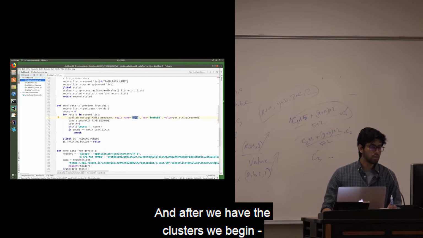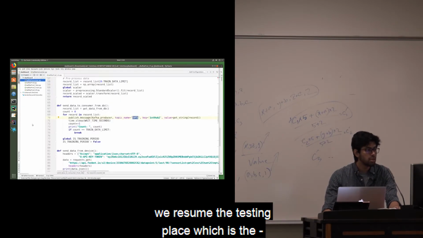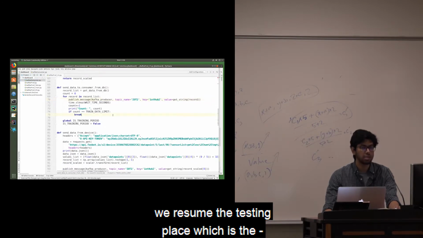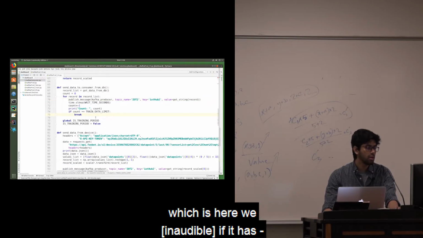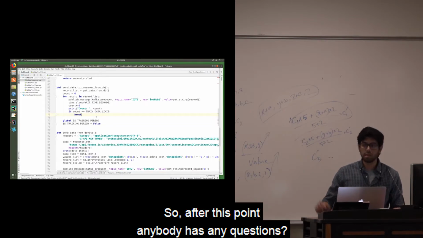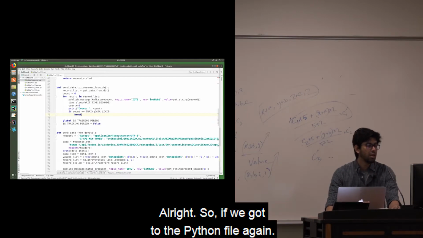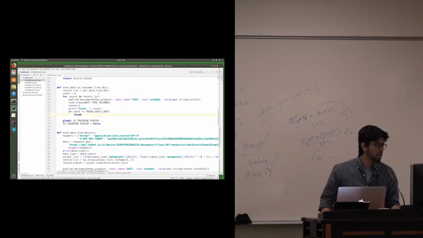And after we have the clusters, we resume the testing phase, which is where we try to predict if the data has an anomaly or not. So up to this point, does anybody have any questions? All right. So if we go to the Python file again,